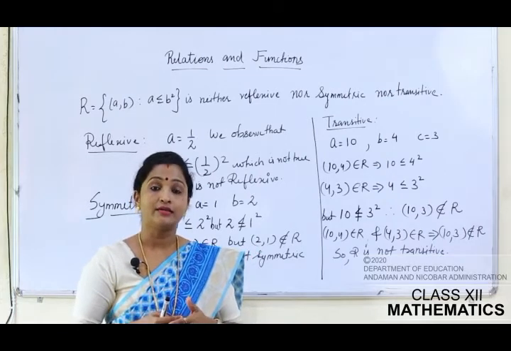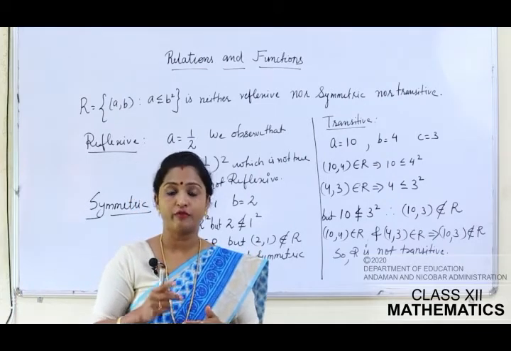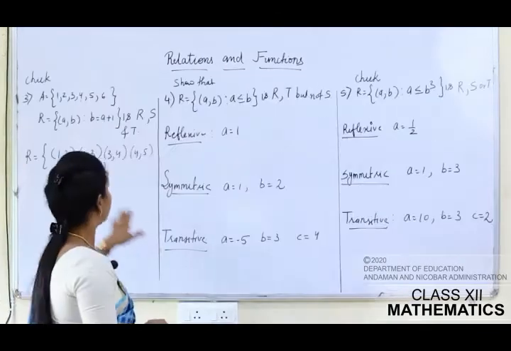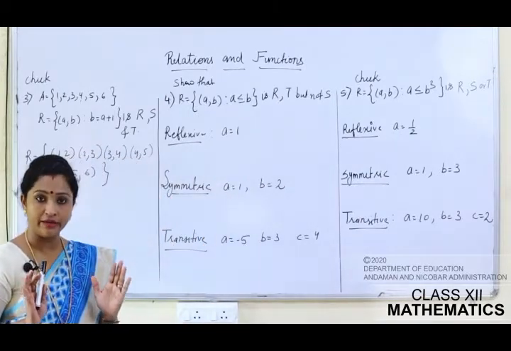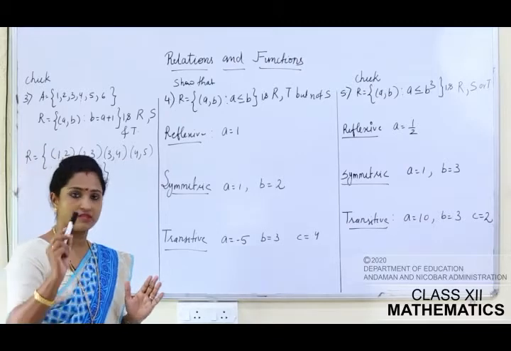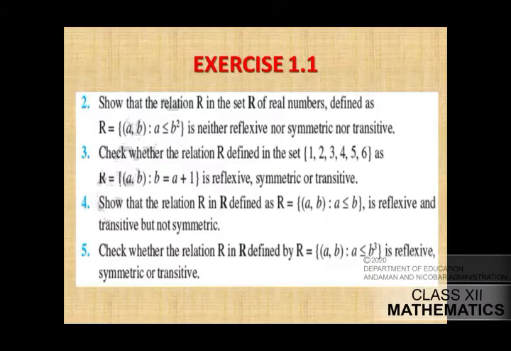Now let's see the hints of the 3, 4 and 5 question. See here, third question, fourth question and fifth question. I'll just give you the hint. आप अपने आप से कर सकते हैं, मैं सिर्फ आपको hint दे रही हूँ. Look at the third question. Third question is check whether the relation R defined in the set 1, 2, 3, 4, 5, 6